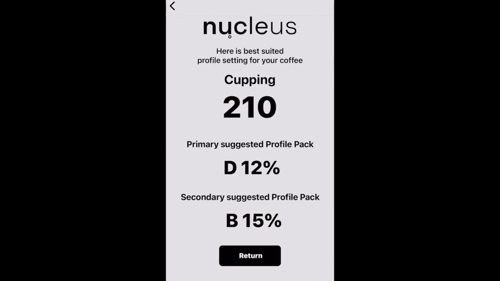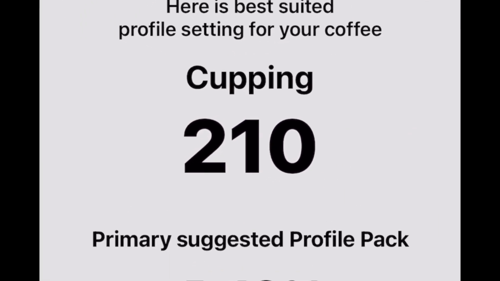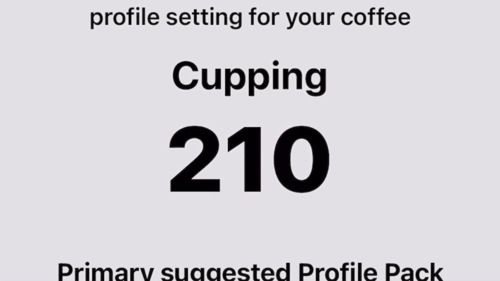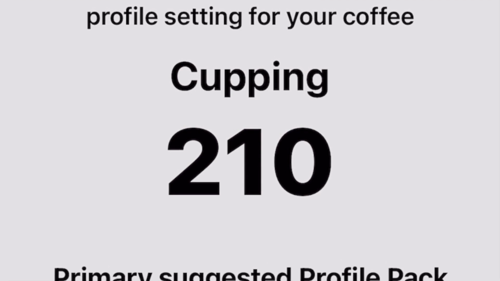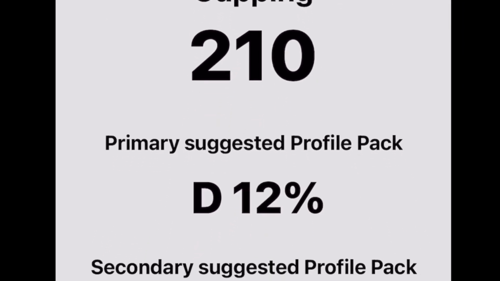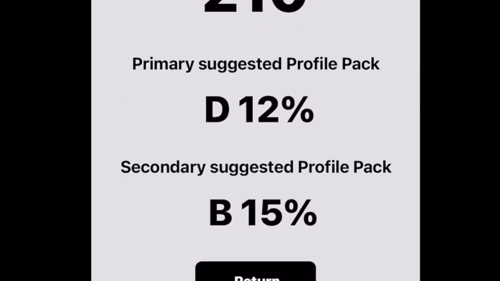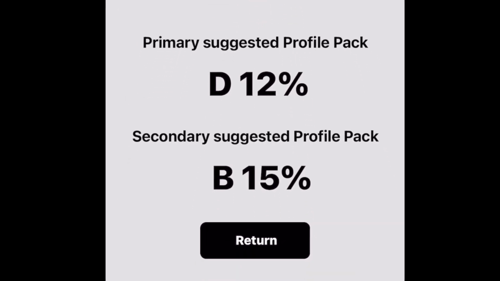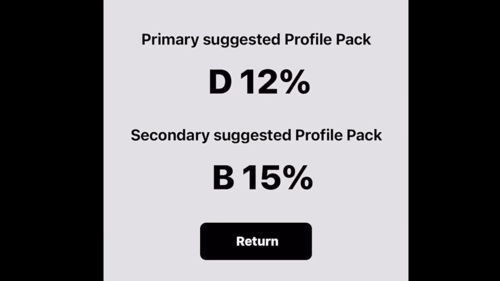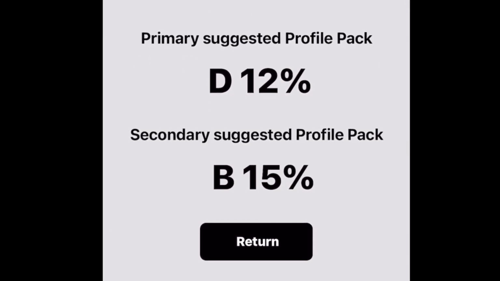First, we note that there is still a suggested profile number recommendation at the top. This suggested number will be the profile you are to look for in any of the 5 cupping inboxes. The populations below that are new. These new additions show a profile pack recommendation of a primary and secondary profile pack that you might want to try as a starting suggestion for the sample you have.